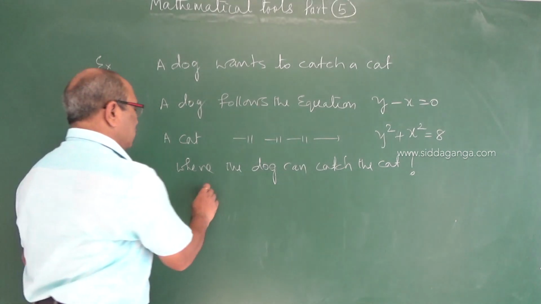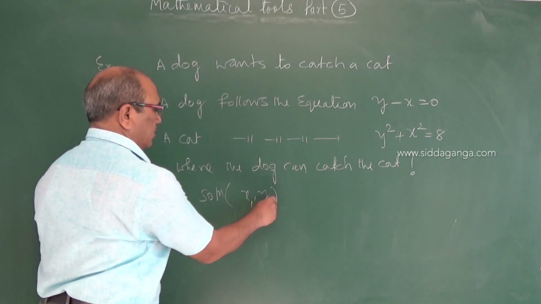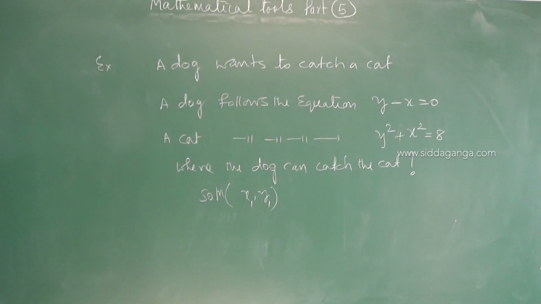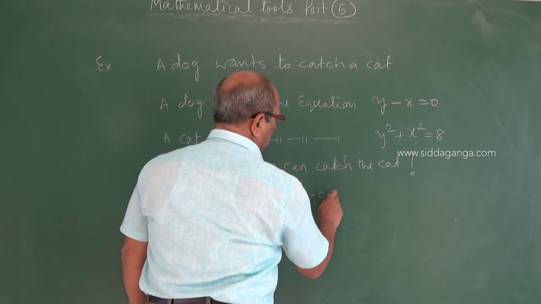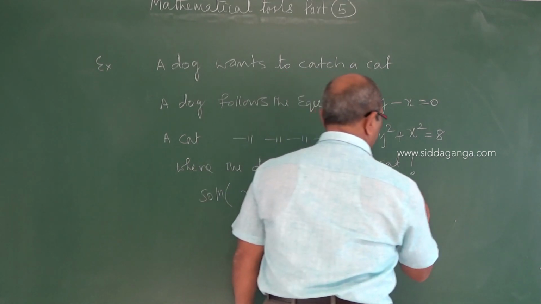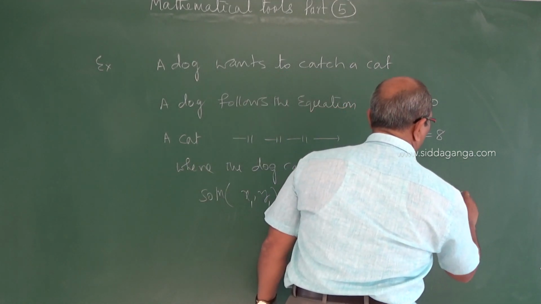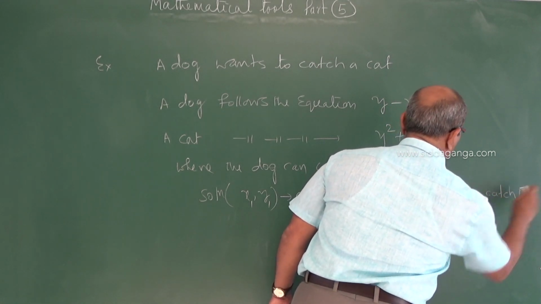So your main aim in this solution is to find the coordinates x, y. If I take x1, y1 as the coordinates at which the dog catches the cat,